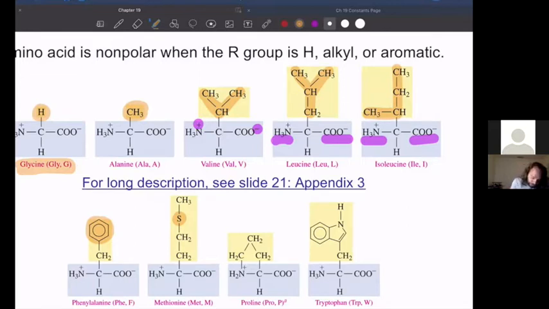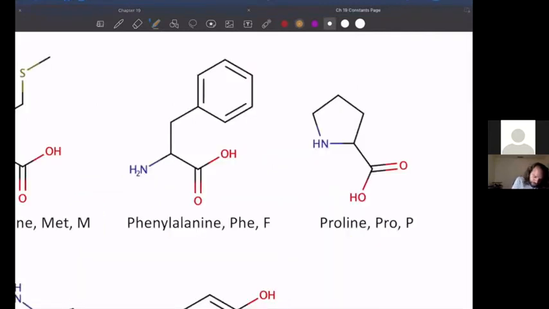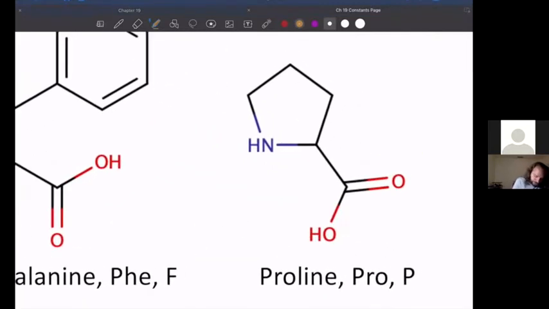And again, it's well illustrated here, but I just want to point out from our constants page, you want to keep in mind that this is not correctly drawn as is. Really, we should get rid of this hydrogen here and make it a negative charge on the oxygen. Likewise, we should put a second hydrogen on this nitrogen and have it be a positive charge. Okay, so that would be the correct structure for proline at physiological pH.